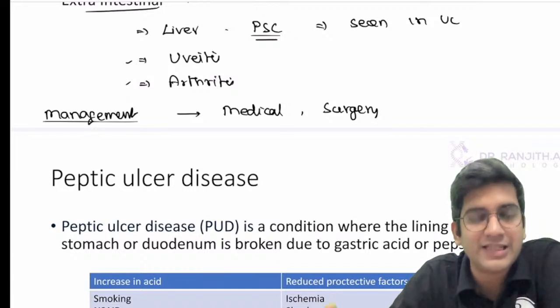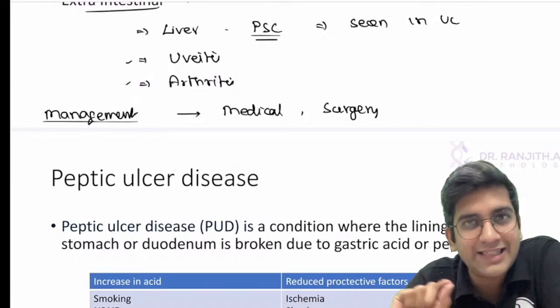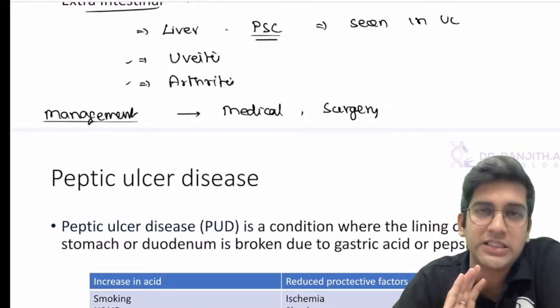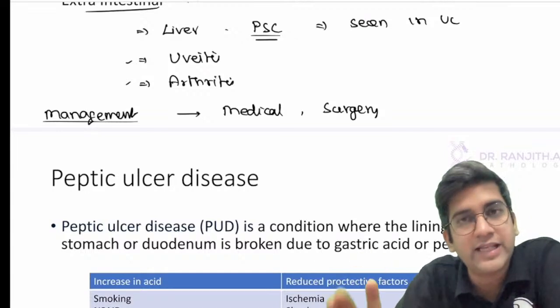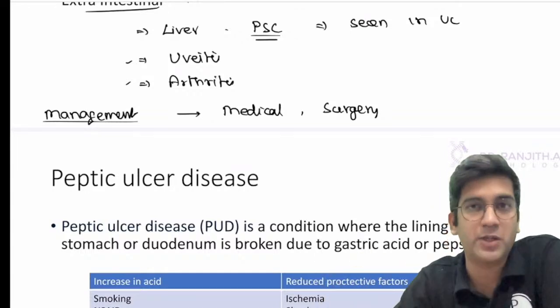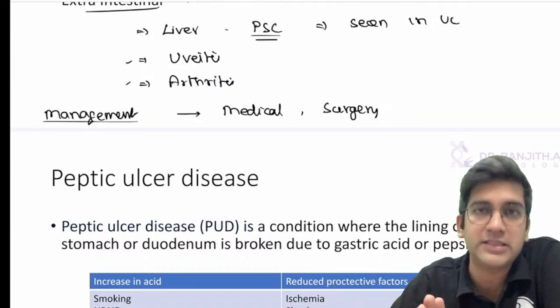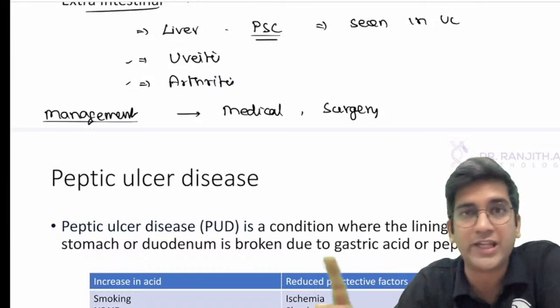So please read the question carefully. If they are not mentioning anything about urease positive breath test, I'm going to talk about peptic ulcer disease. If they are mentioning specifically urease is positive, then I'm going to talk entirely about H. pylori, because H. pylori gastritis is different from peptic ulcer disease. H. pylori can cause peptic ulcer, but both of them are not equal.